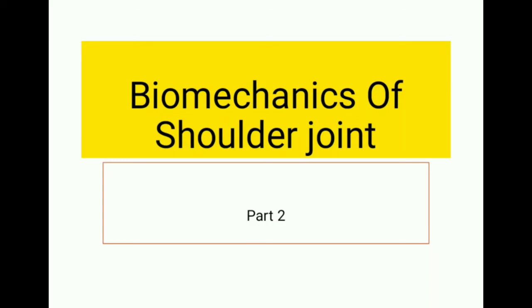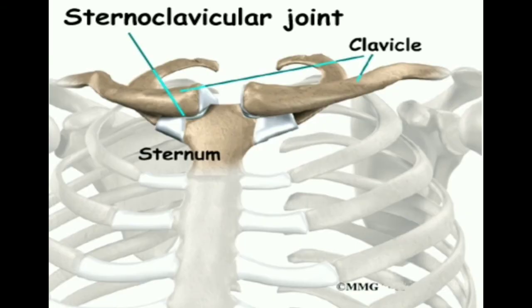Here we continue on an exploration of the sternoclavicular joint in the shoulder complex. Here we have with us today the sternoclavicular joint motions. Do you know how many degrees of freedom are in the sternoclavicular joint? Of course, we learned in the previous video, right? That is 3 degrees of freedom, 3 rotatory and 3 translatory. Hence, the movements in the sternoclavicular joint are elevation, depression, protraction, retraction, and anterior and posterior rotation.